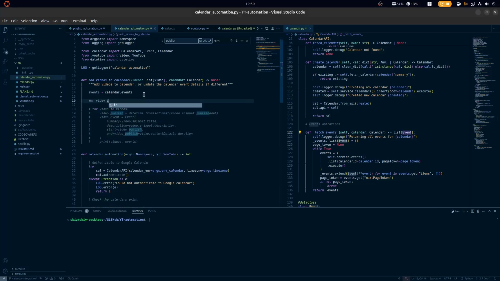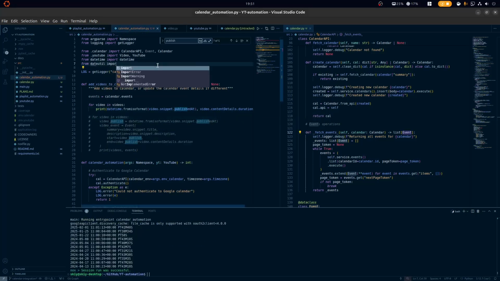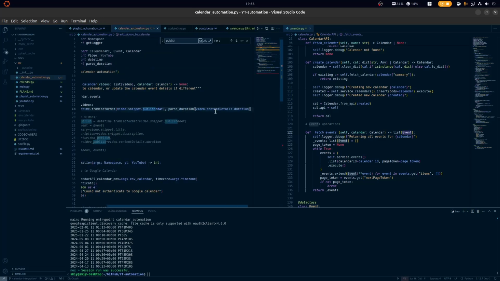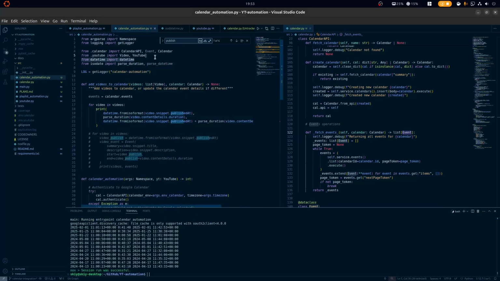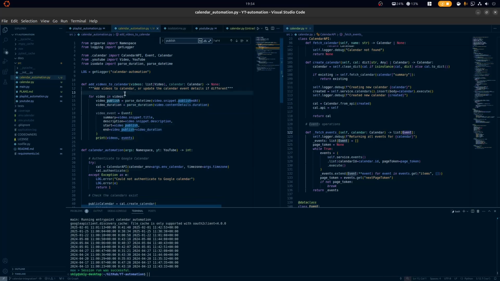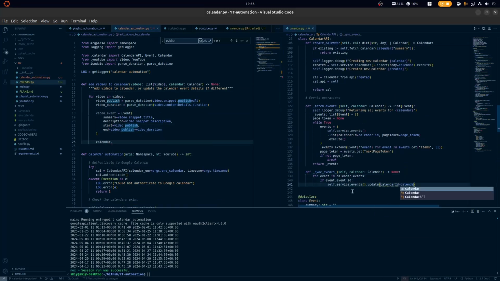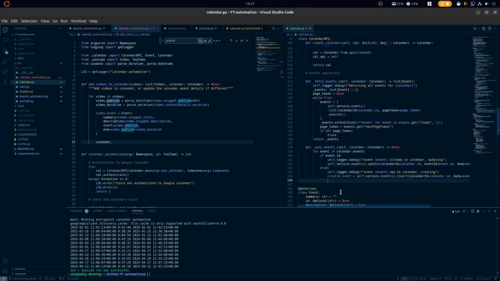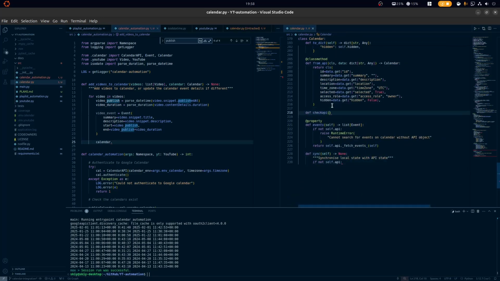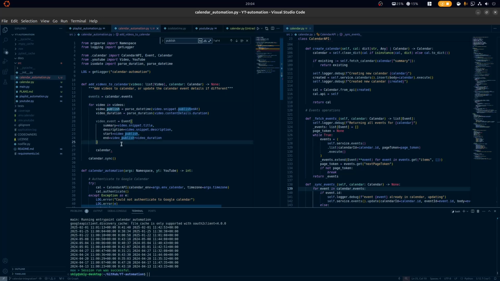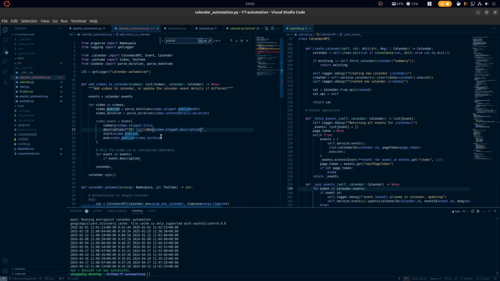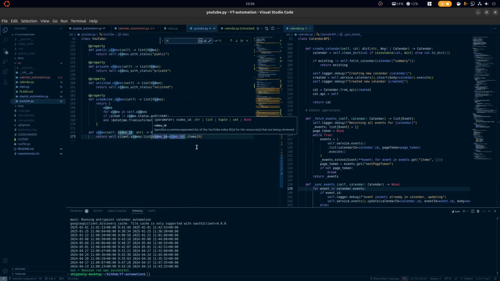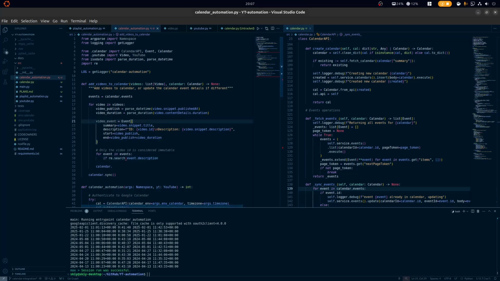If it doesn't find it, then that video is missing, so it creates an event, and we'll get to that in a little bit. But it's not enough just to say the video ID is in the calendar. You also have to double check that all the details are correct. If the video is in the calendar, you always need to check that its published date is correct, that the title is correct, the description. Basically, we use the single video ID field as the single thing to reference the entire calendar event from the video.